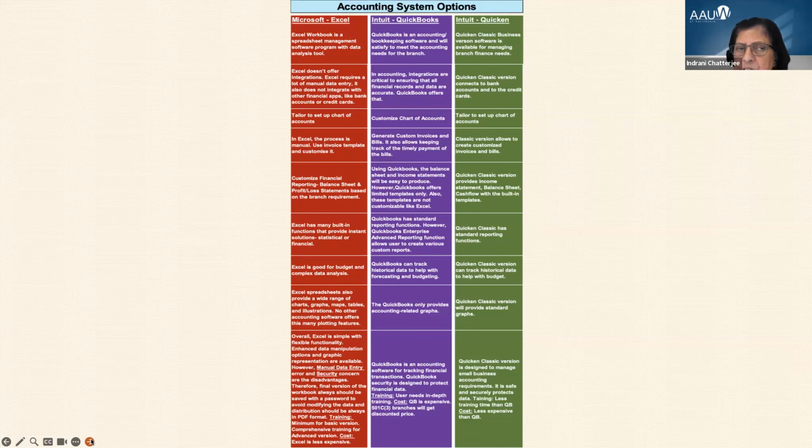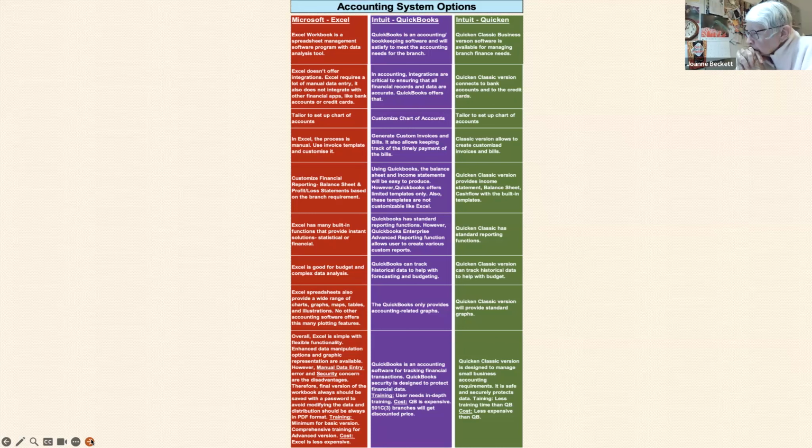Now, newer version computers are coming with a built-in Office that has Excel. But if you want to use Excel 365, yes, you have to pay the yearly subscription price. And